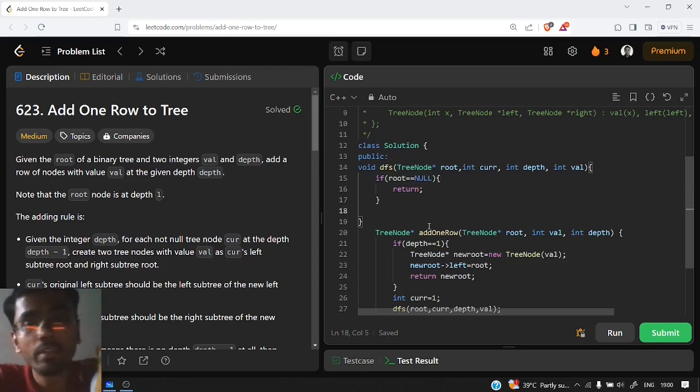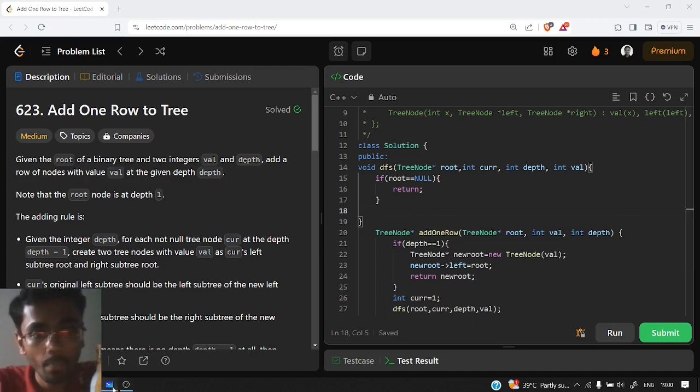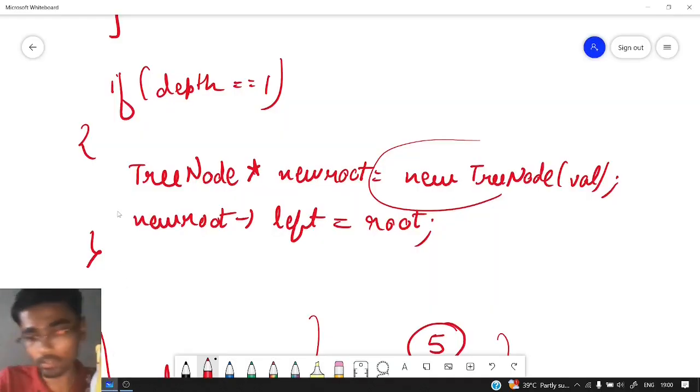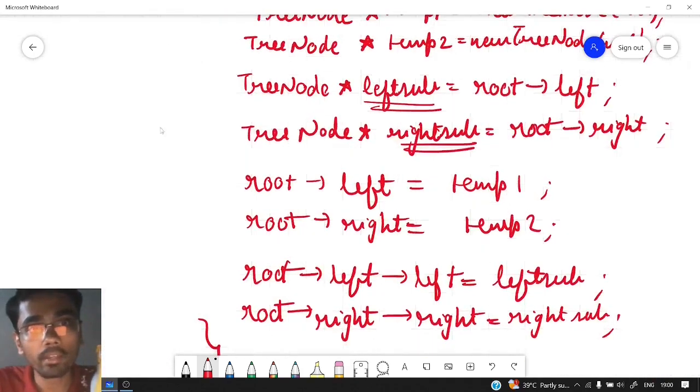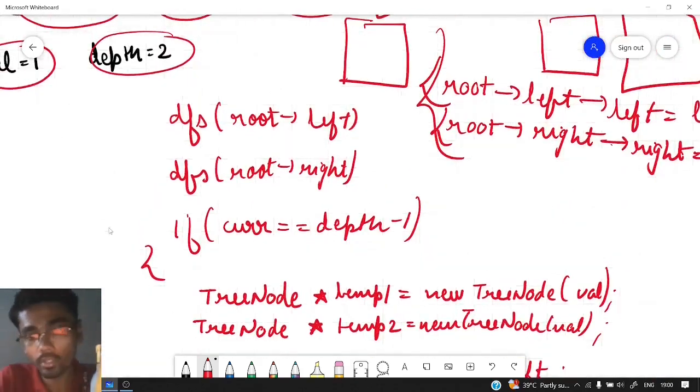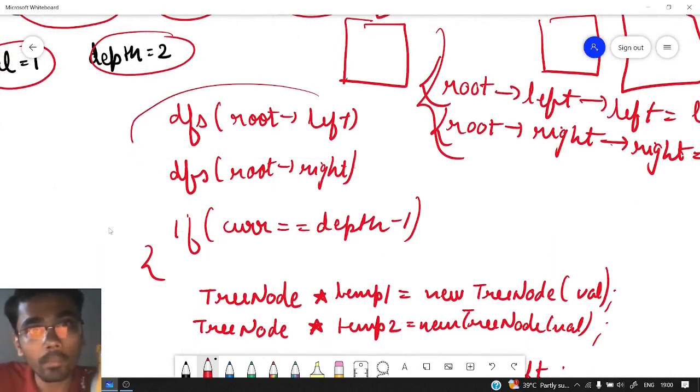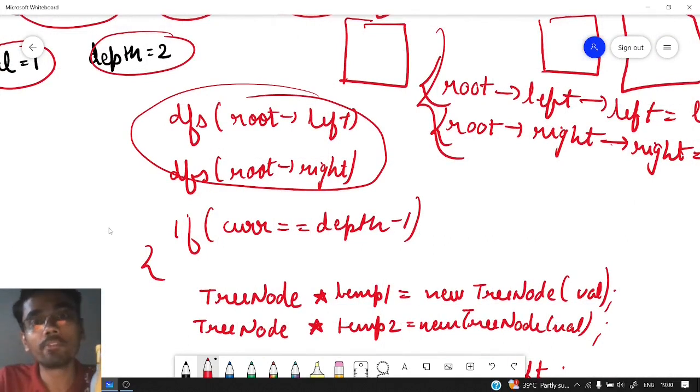Otherwise, what we have seen previously, until we don't reach depth equal to depth minus 1, what we were doing? We were simply traversing to the left child and the right child. So until we do not reach depth equal to depth minus 1, we will go to the left child and the right child.